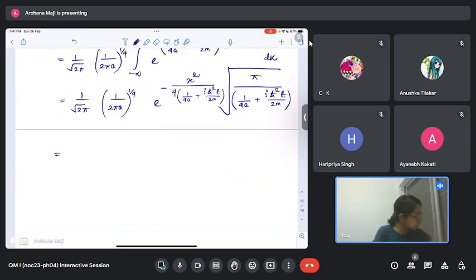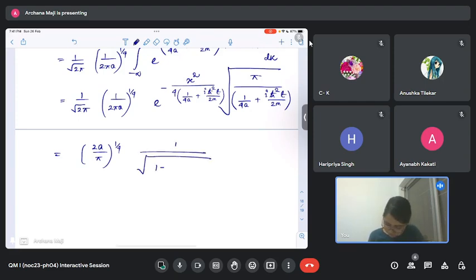So this can be rewritten as 2a over pi to the power 1 over 4, 1 over square root of 1 plus 2i h cross